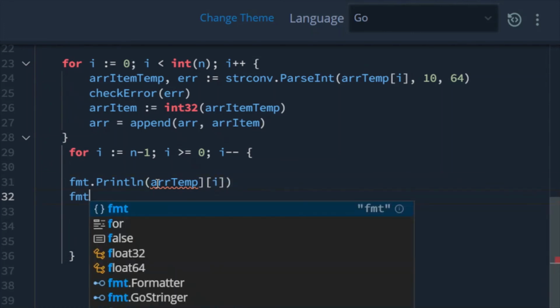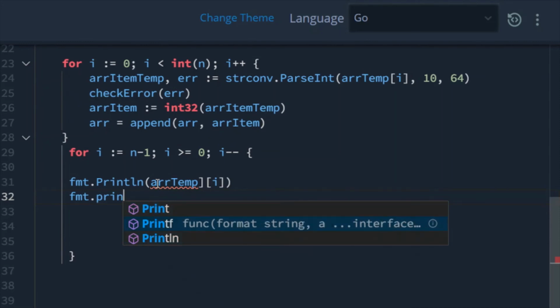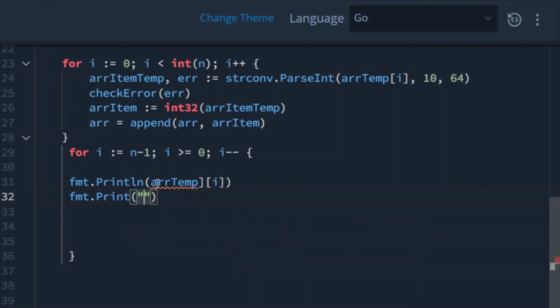After that, we should use only print, not println, because println will print the values on a new line. We just want to print the space separated reversed array. So that's what I'm doing.